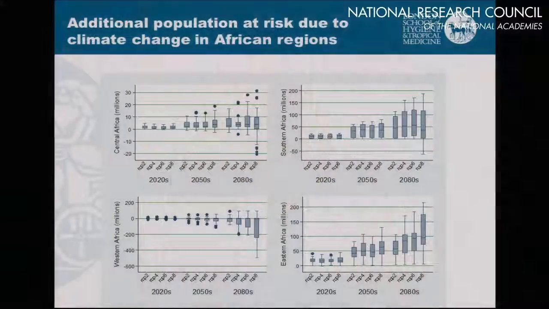And then these, again, are the range across all the climate scenarios and the modelling, and you can see the range is quite large. And this is by region: Central Africa, Southern Africa, East Africa, and West Africa. Basically that shows you that the only consistency is for an increase or a negative impact in Eastern Africa. For the other regions, it's either neutral or showing a benefit, but all the spreads are very large.